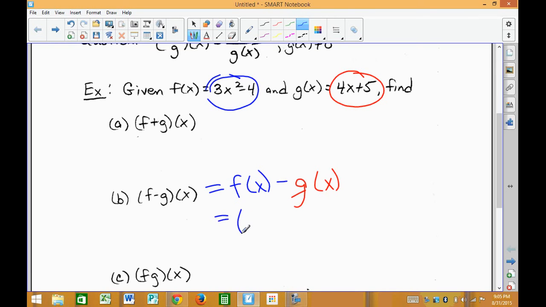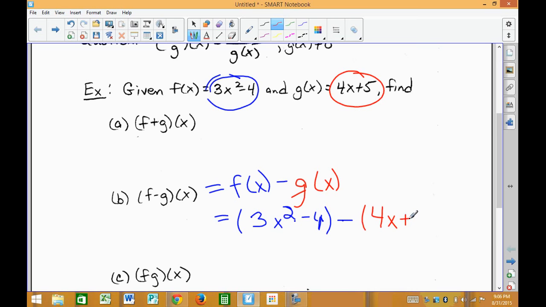Again, I'm going to put f of x in parentheses, 3x squared minus 4. Put g of x in parentheses,